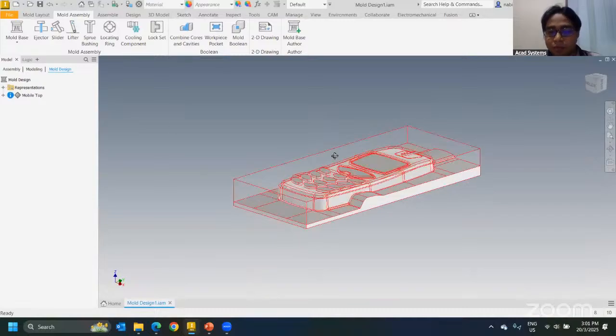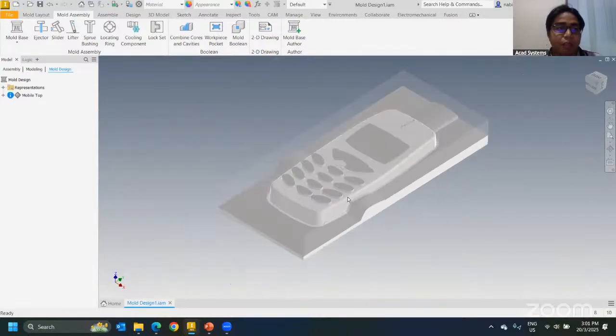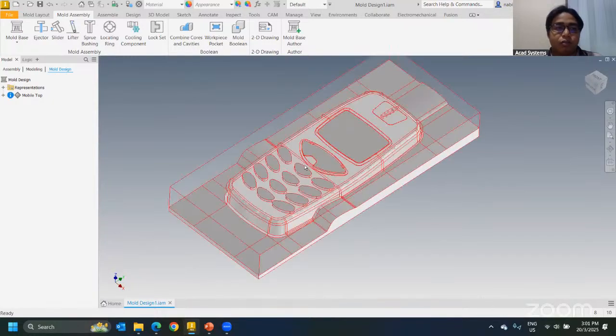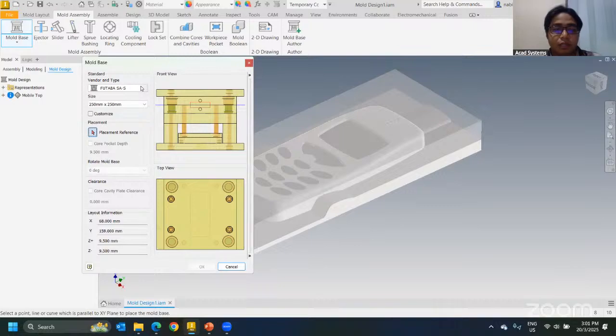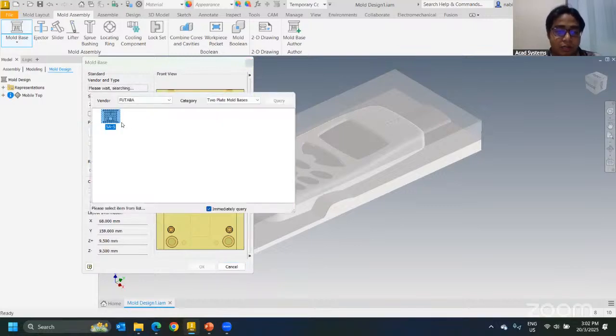So this is an example of my core and cavity. Let's say I would like to generate a mold base, so I can click on mold base from here, and to see the parts that I'm able to use, I can just click over here. Currently, I only have 2 mold bases, so we can actually add more. You can add them from the